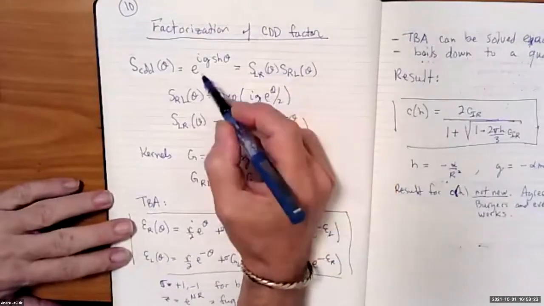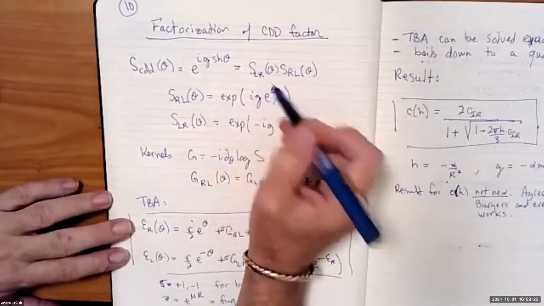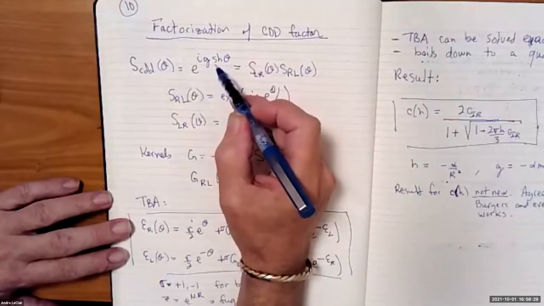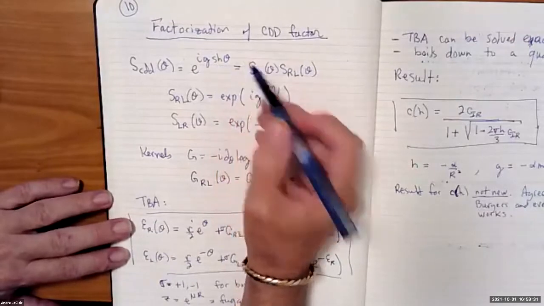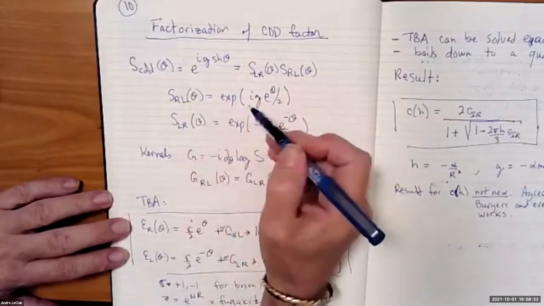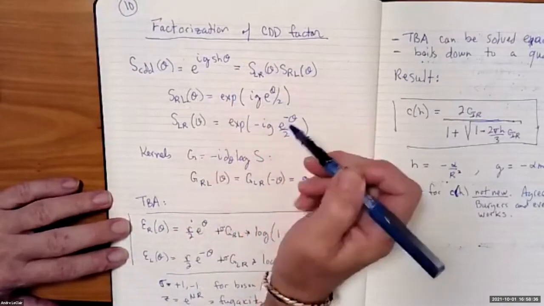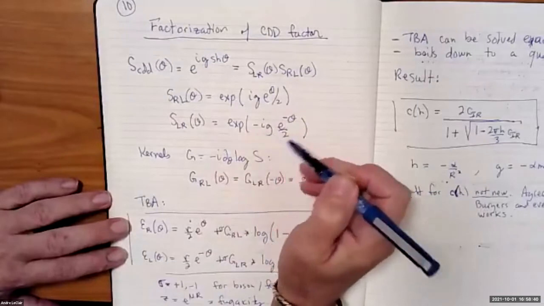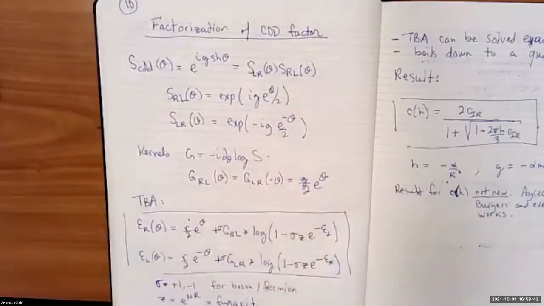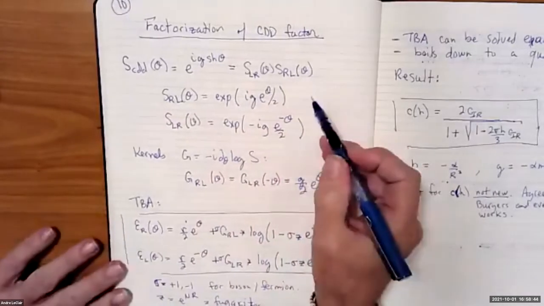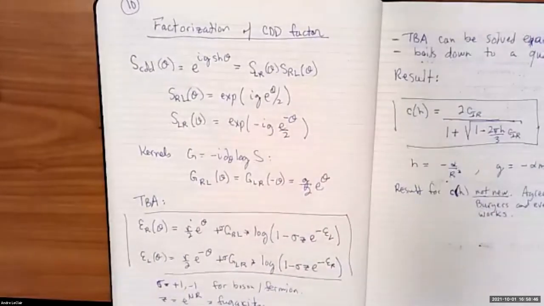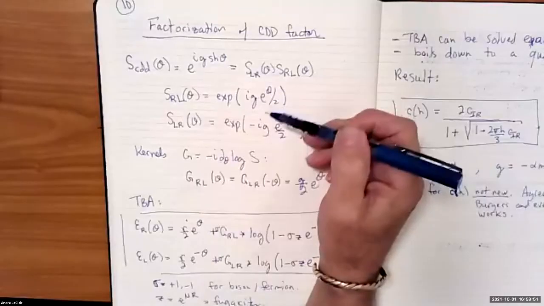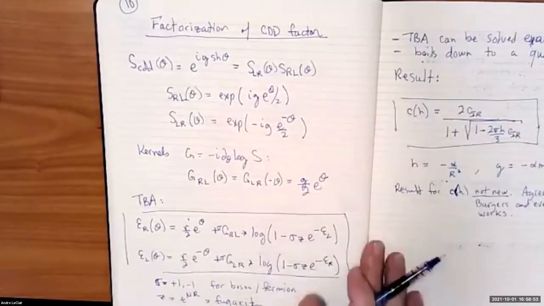So one way to make it converge was to factorize this into left-right and right-left scattering, where you just split the sinh into two exponentials. So right-left is the i G e to the theta over 2, and left-right is the other part of the sinh, which is minus i G e to the minus theta over 2. Okay. Seems a really simple prescription, but if you look in detail at the TBA equations, which I write down here,